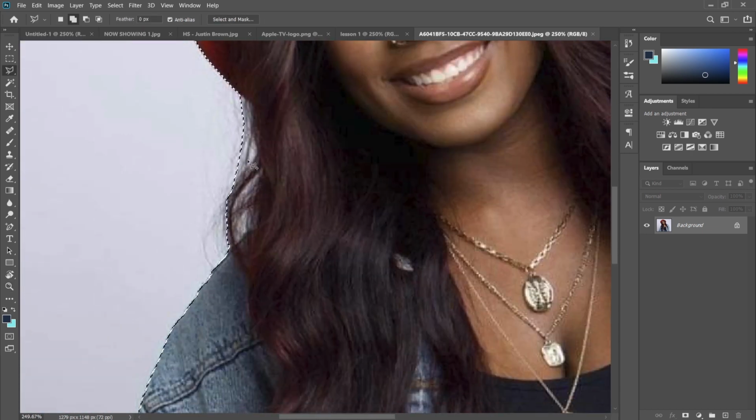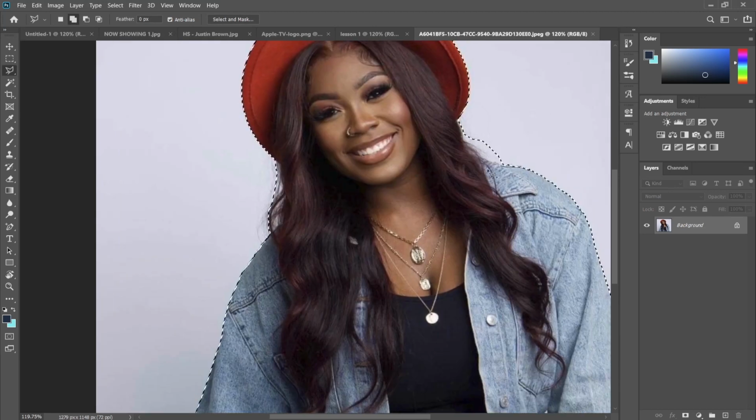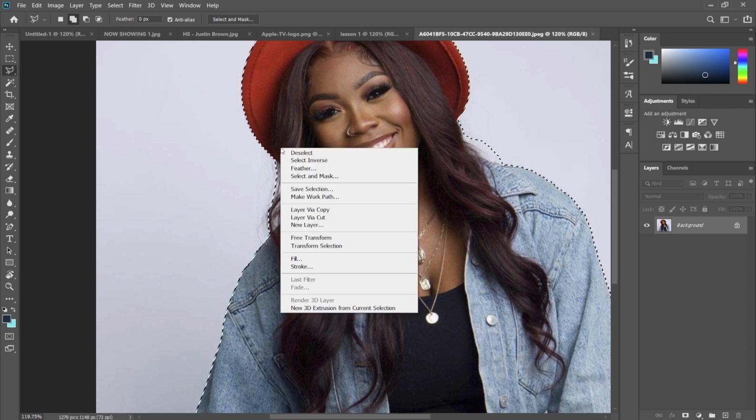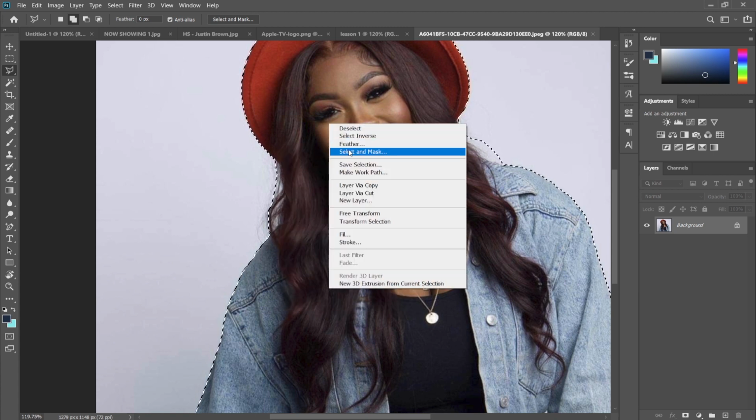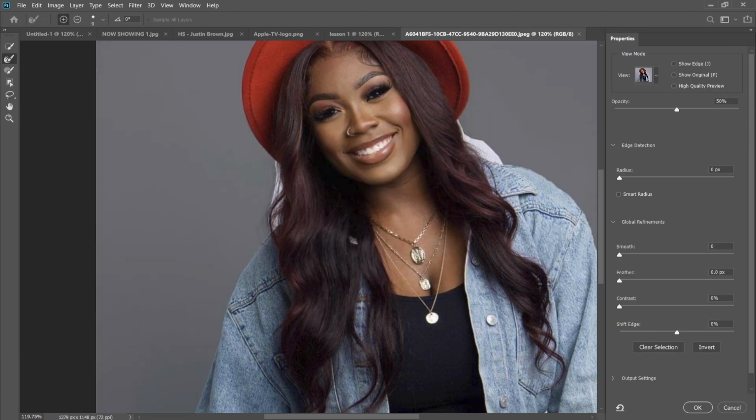this part, as you can see, the background is still here. If I take this picture out to use like that, I'll still have this background and I don't want that. So all I have to do is to right click, select and mask. It will open up like this. Then you click on this place right here, increase your brush and just brush gently like this. It will take out the white background, then leave the remaining object, which is the hair,